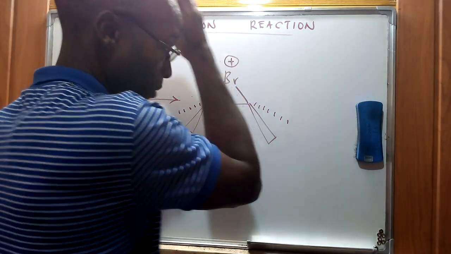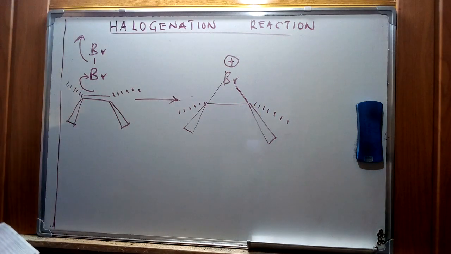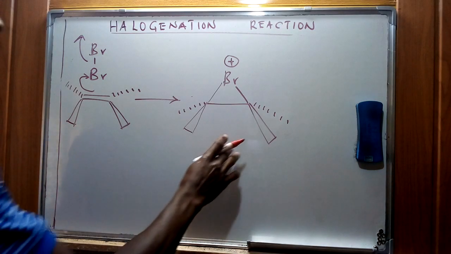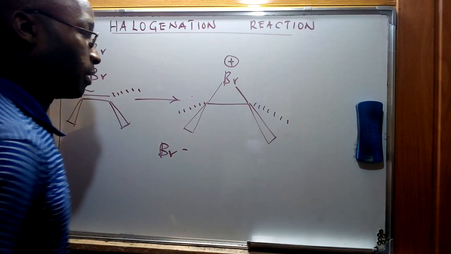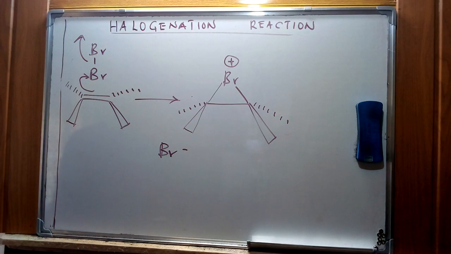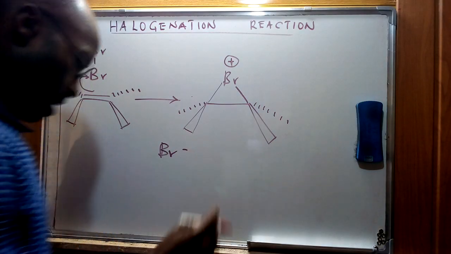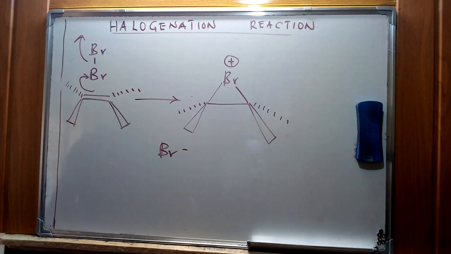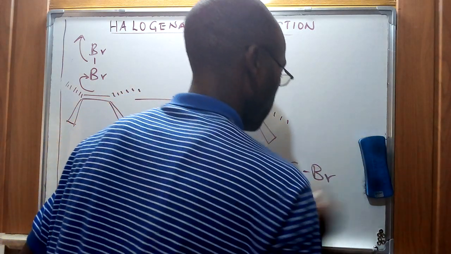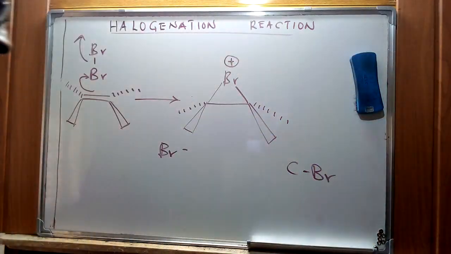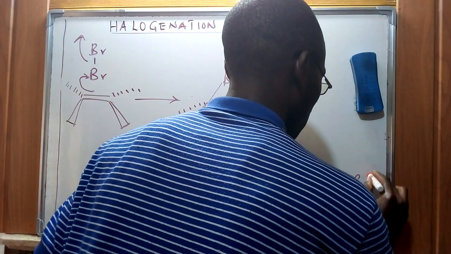This is a positive form of charge at this specific point, and if we try to look at this, therefore we had said that the bromide ion is going to attack this specific molecule in order to form a stable one. Therefore, we are going to see that it's going to attack this specific point, whereby we have a carbon bromide sigma bond, and this is a carbon bromide and sigma